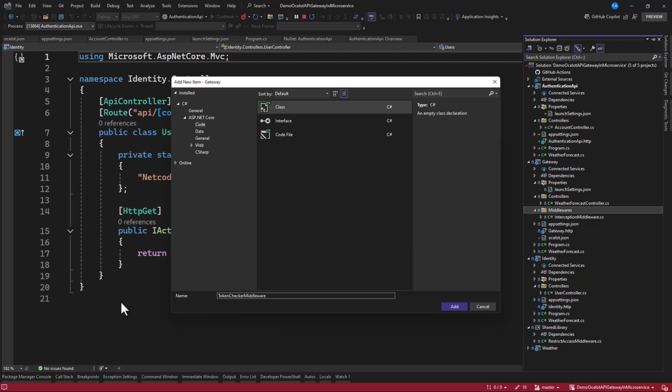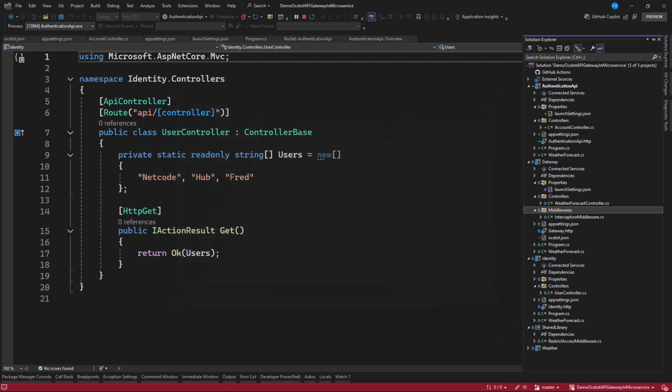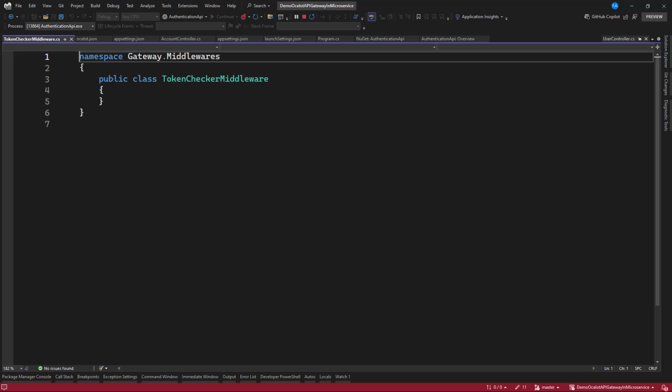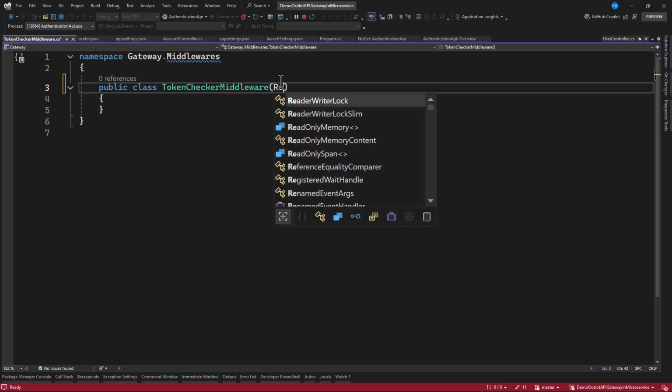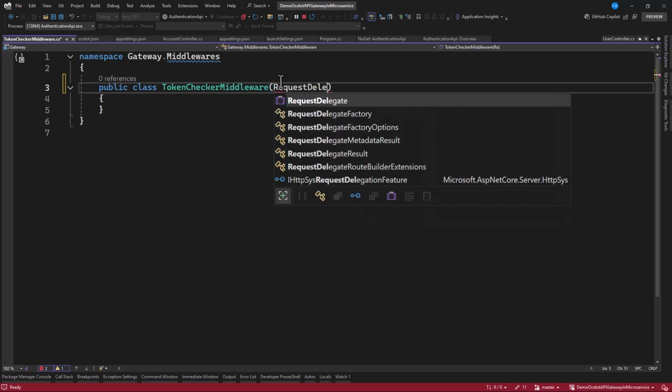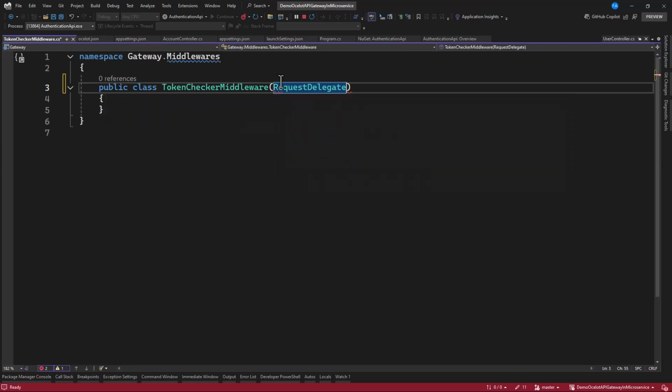Okay, and that is the name. So with this middleware, it's going to take in a request delegate as usual. So it takes in a request delegate, and I will say this is next, which needs to execute the next line of action.